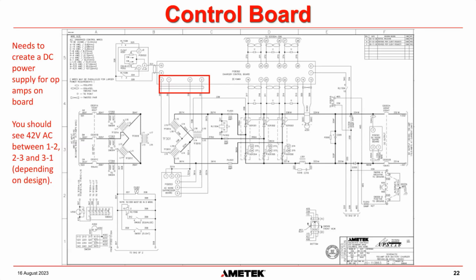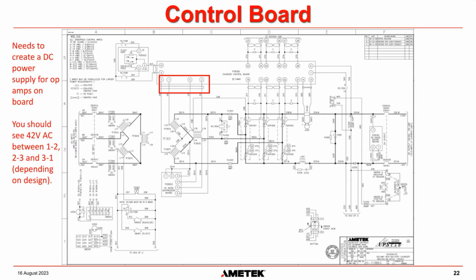Now, all control boards need to create a power supply, because all of the op amps, or even if it is a digital system that has a processor, they need a DC power supply to be able to operate. Now, some manufacturers might use an external power supply. I know on our DCR, our digital controlled rectifiers, we use an external power supply. But on our analog systems, which is what you see on this page, we are using the secondary of the three-phase input to